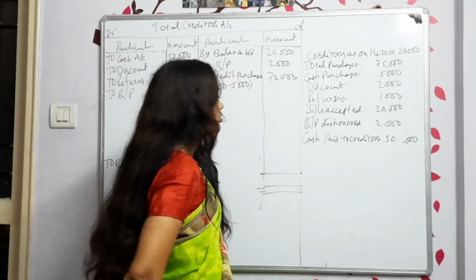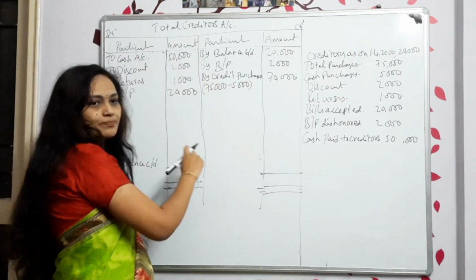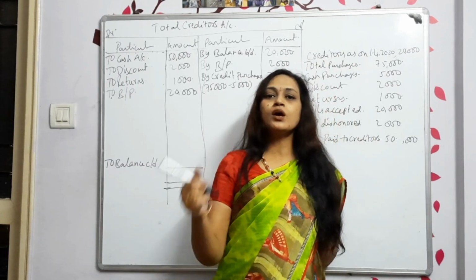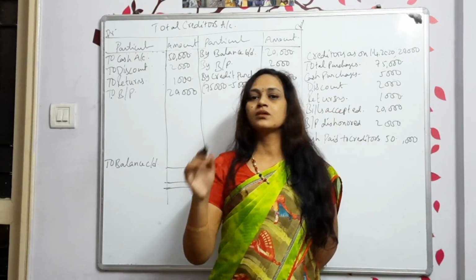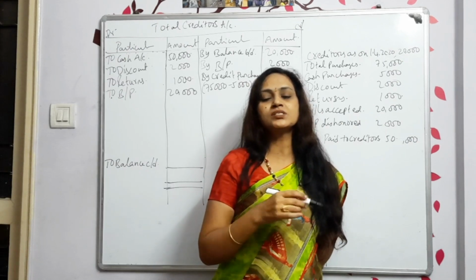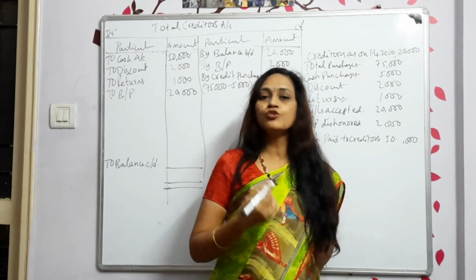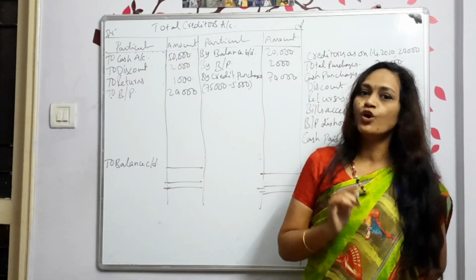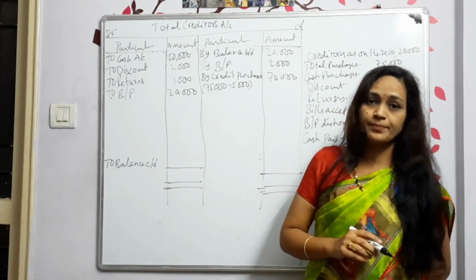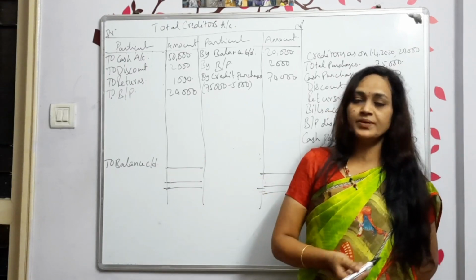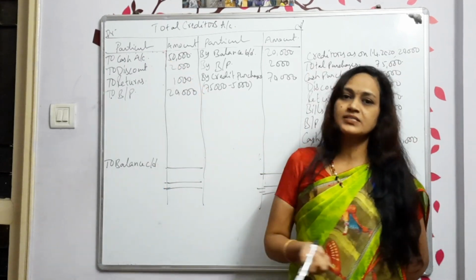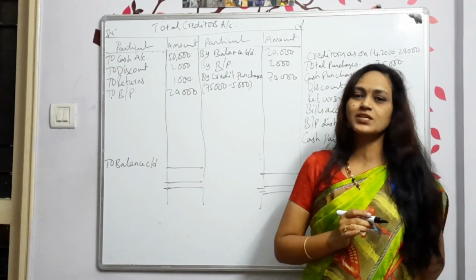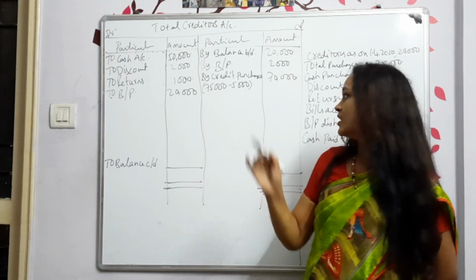Done. Now, what is the missing value? Closing balance. I mentioned already, it is not compulsory that they will mention in the question itself what the missing value is. You should find out the missing value. Whatever is left over is the missing value. Most of the time, they may miss the opening balance, the closing balance, the cash paid to the creditors, or the credit purchases. Out of these four, only any one missing value will be there. Okay, clear now?